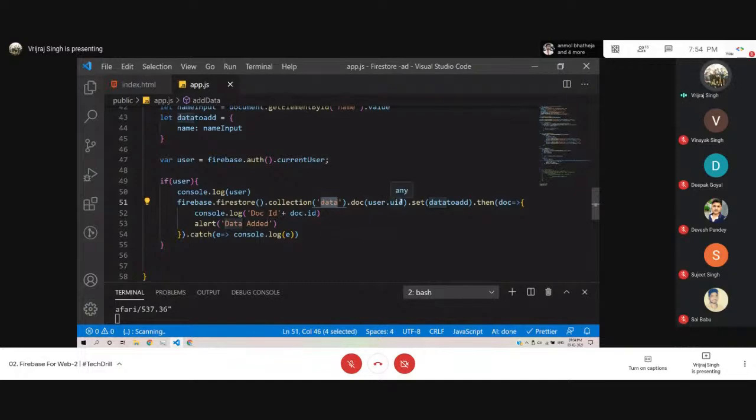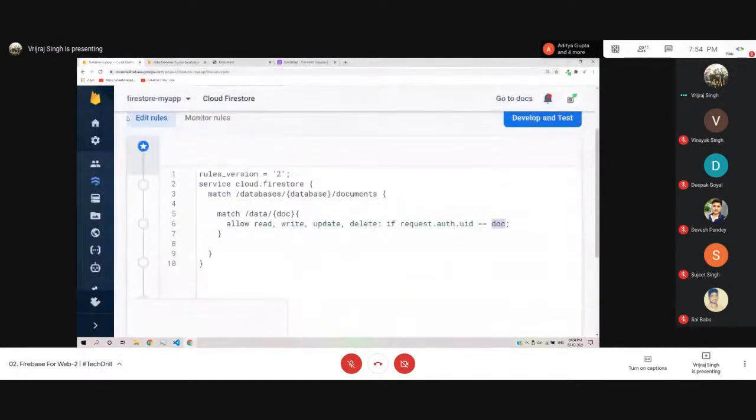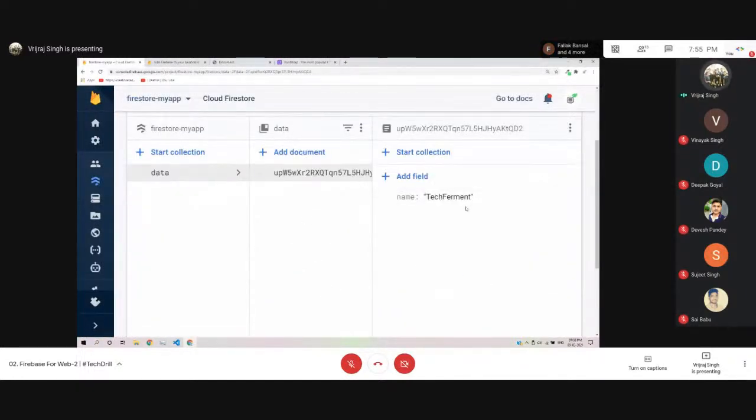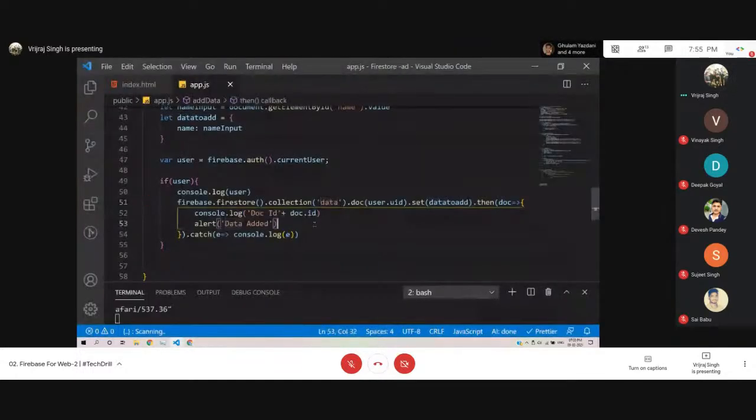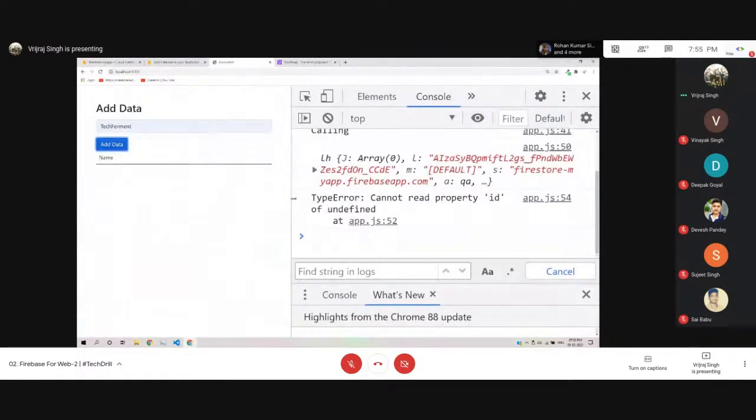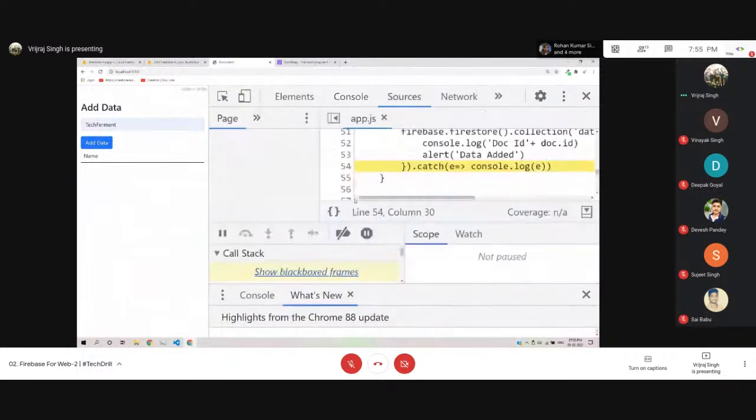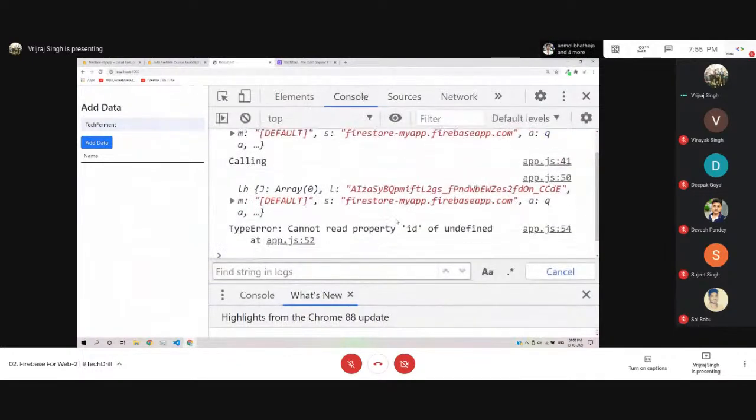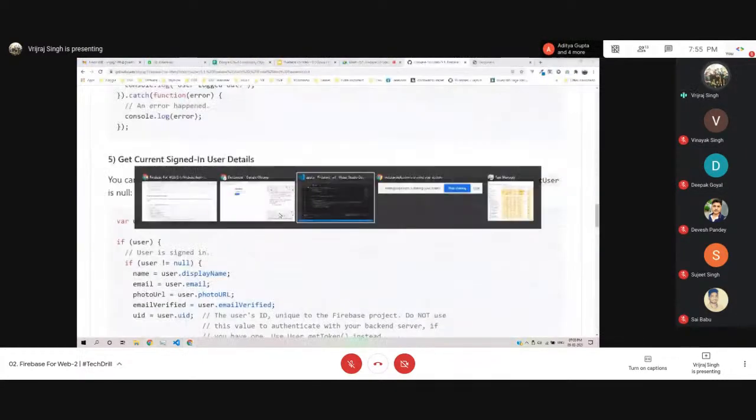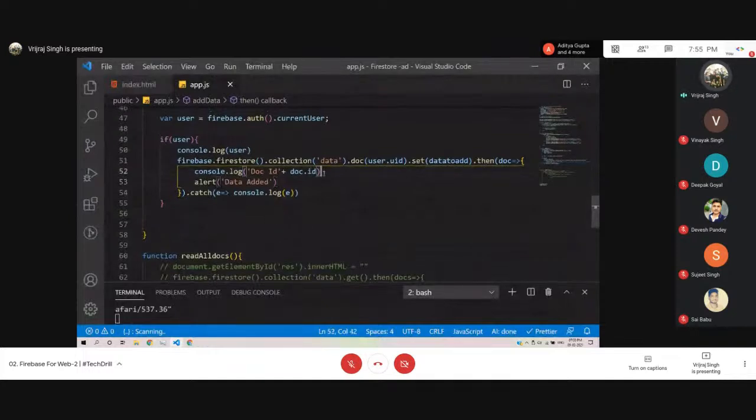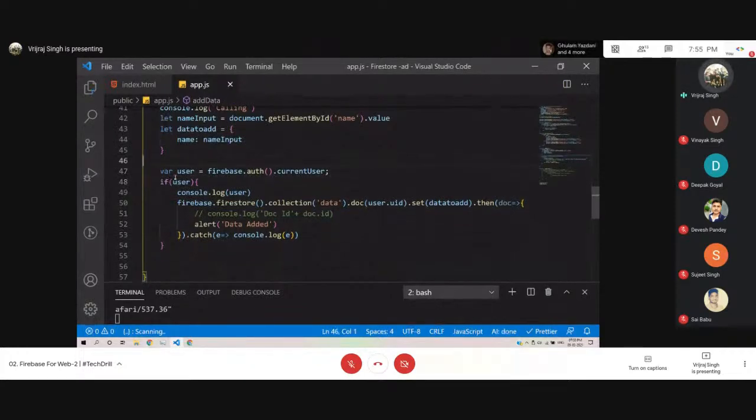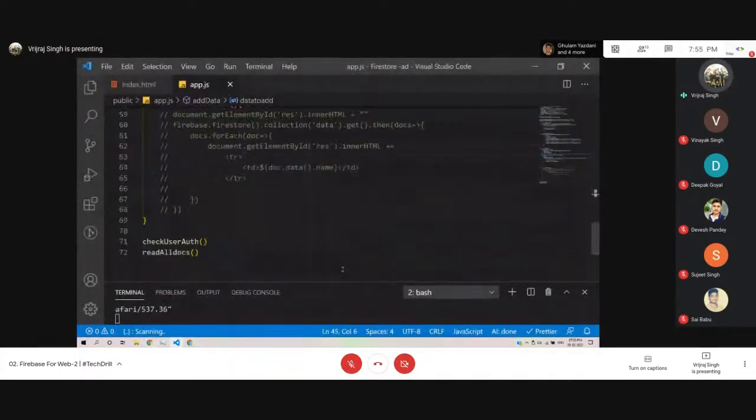Collections data, and there is a document. I'll just check. And then we have a tech ferment. Okay. So here we are not printing any doc ID right now. I'll just save, and here we have a user ID, and then we can